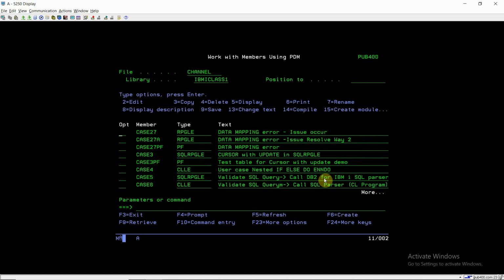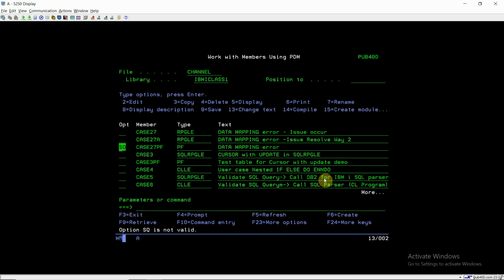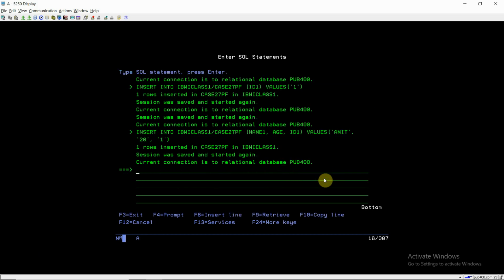This was already having the null value, so I'm compiling it again and inserting the values again.